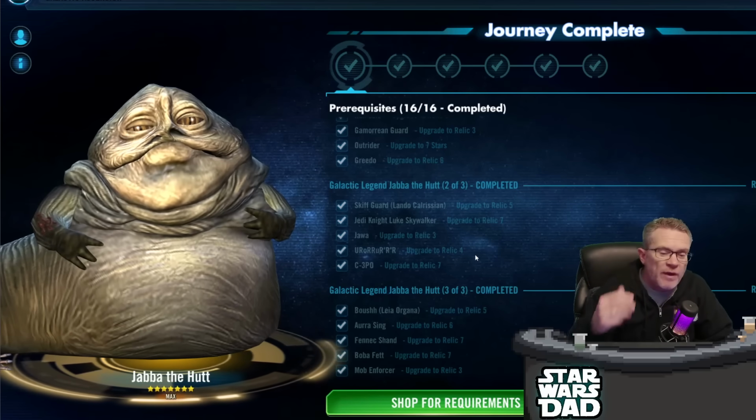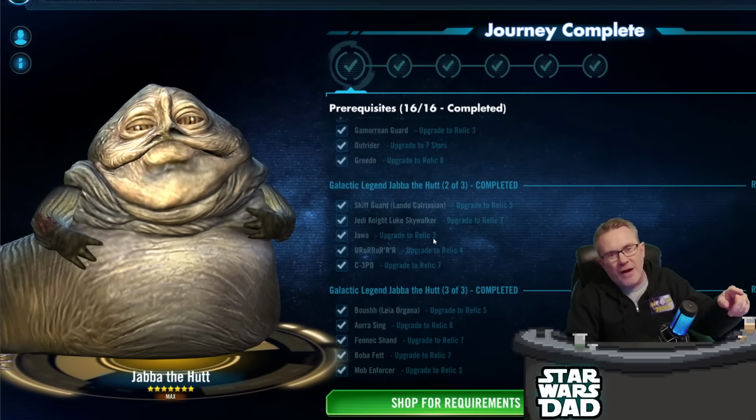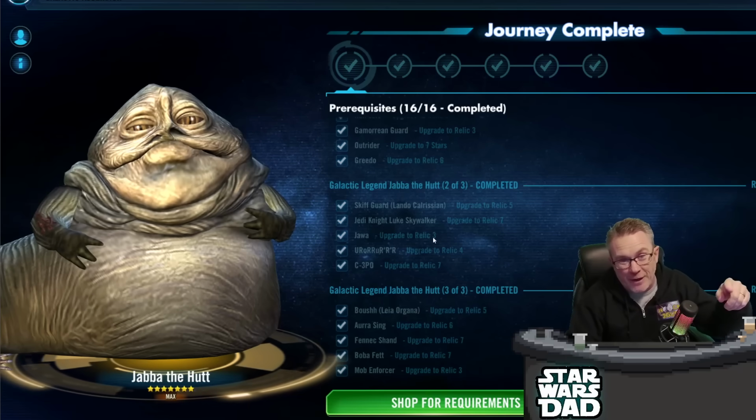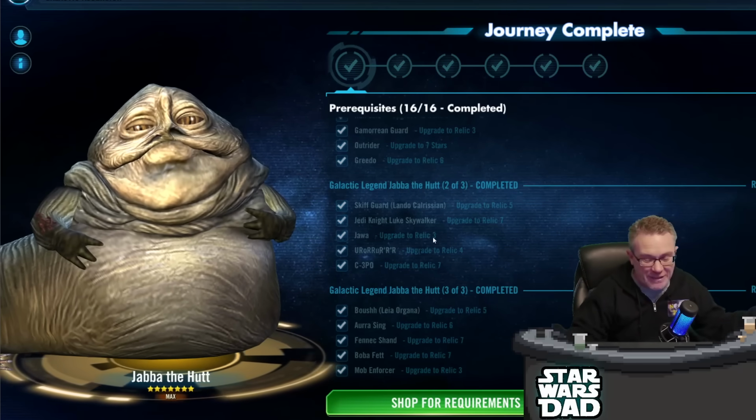Oh, by the way, I apologize. Jedi Knight Luke also requires Chewbacca, which requires bounty hunters, and the Millennium Falcon, which requires bounty hunter ships. So there's actually like 4 journeys within a journey for Jedi Knight Luke, so it's a big...